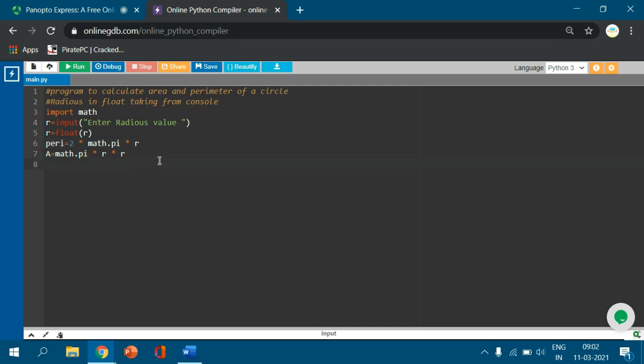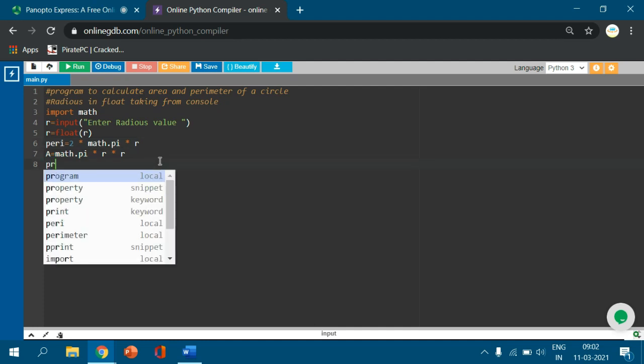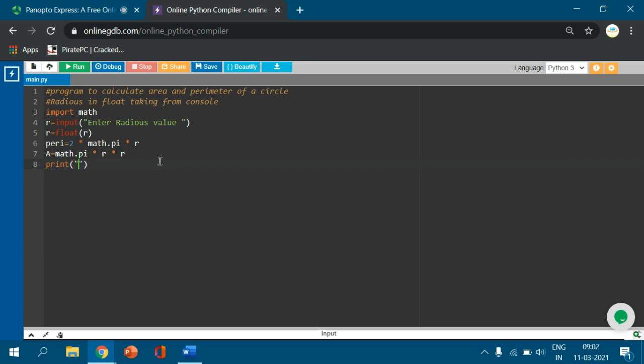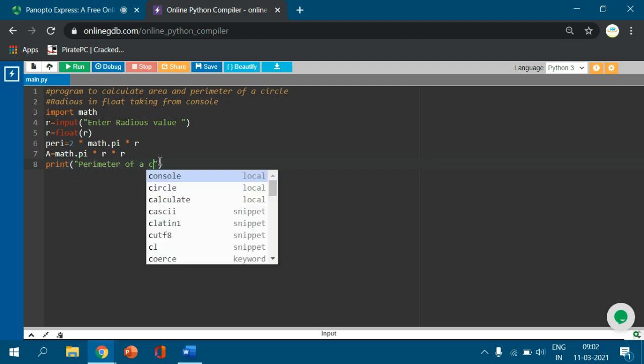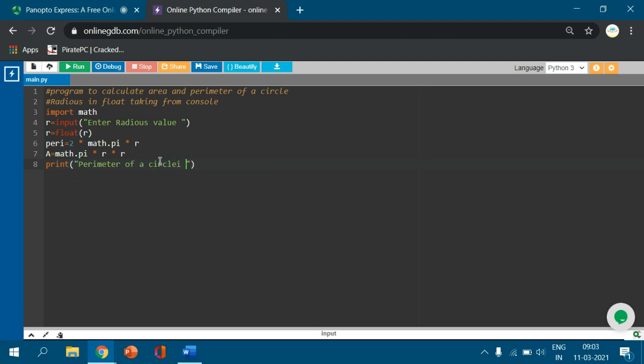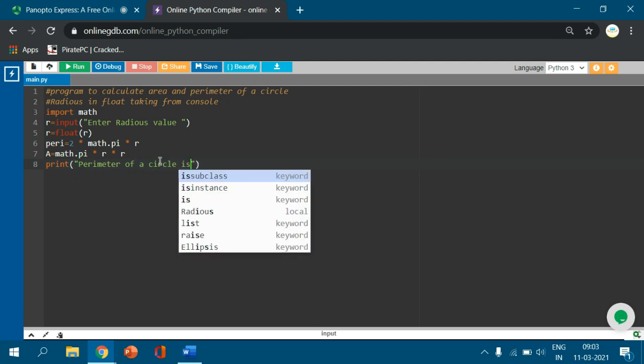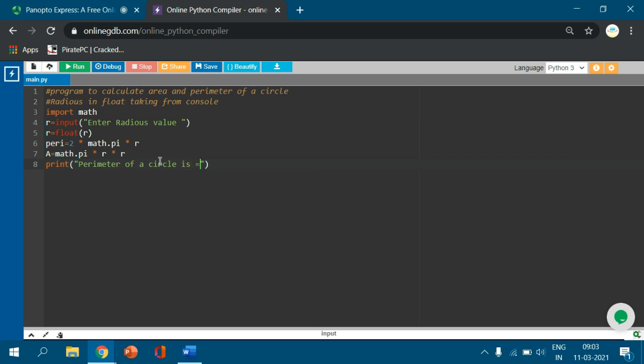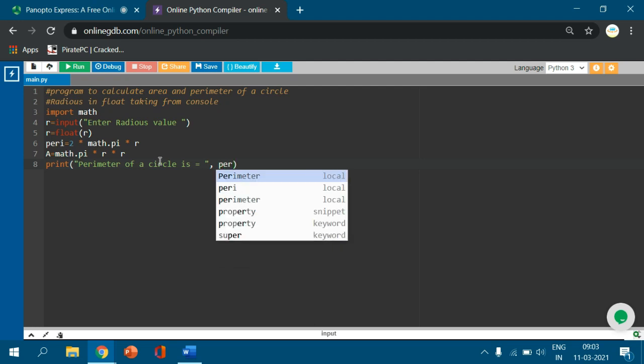Now I will print the results. Print perimeter of a circle is, with one more gap for readability, comma, and the perimeter is in the variable peri.